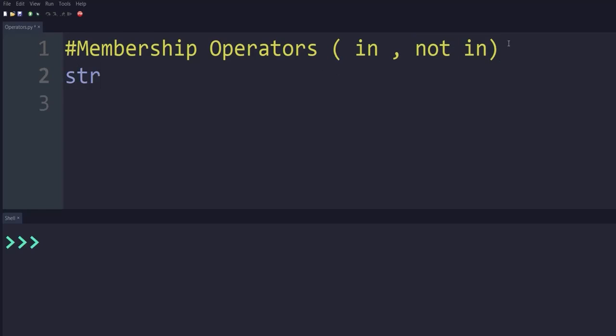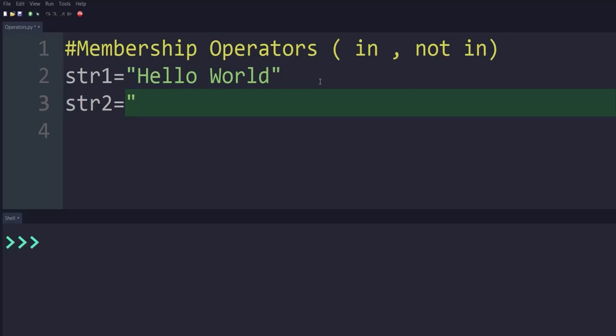Let's take one variable str1 is equals to hello world. Take another variable string 2 is equals to, for example, we have taken h here.